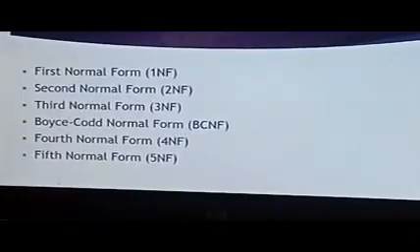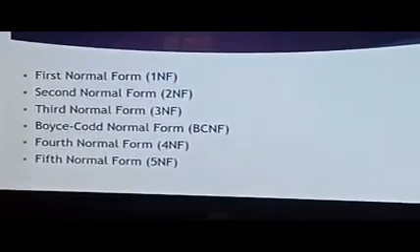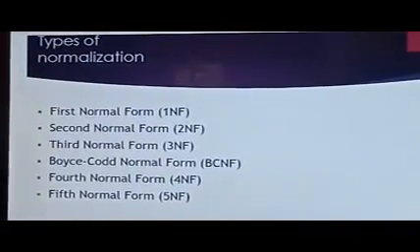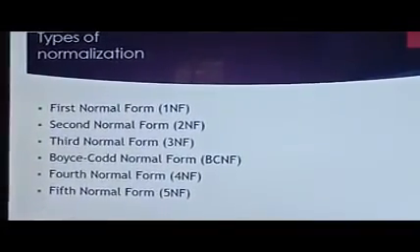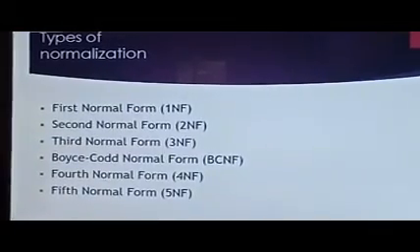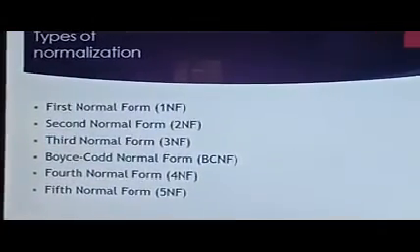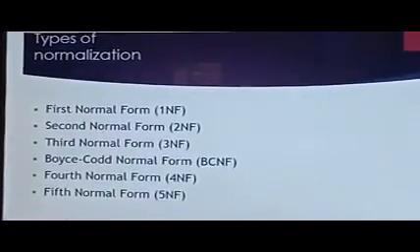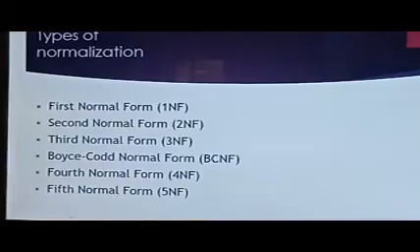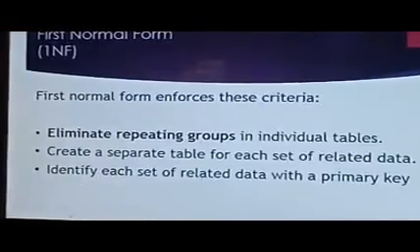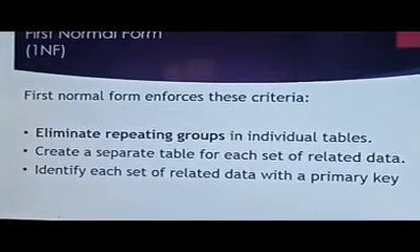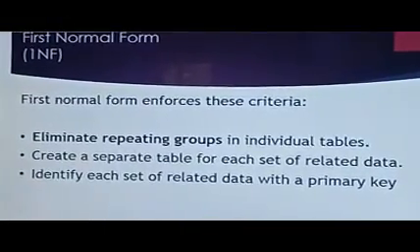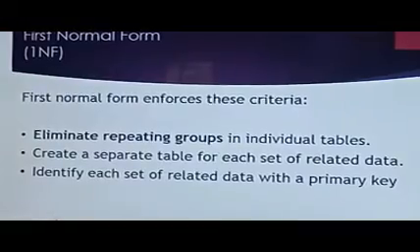In the case of normalization, we have 5 normal forms: first normal form, second normal form, third normal form, fourth normal form and fifth normal form. In between the third normal form and fourth normal form, there is a simpler form. The extension of third normal form is Boyce-Codd normal form, that is BCNF. Let me first go into the first normal form. This might be the definition: the individual table will be given, and it checks for data which is repeated.